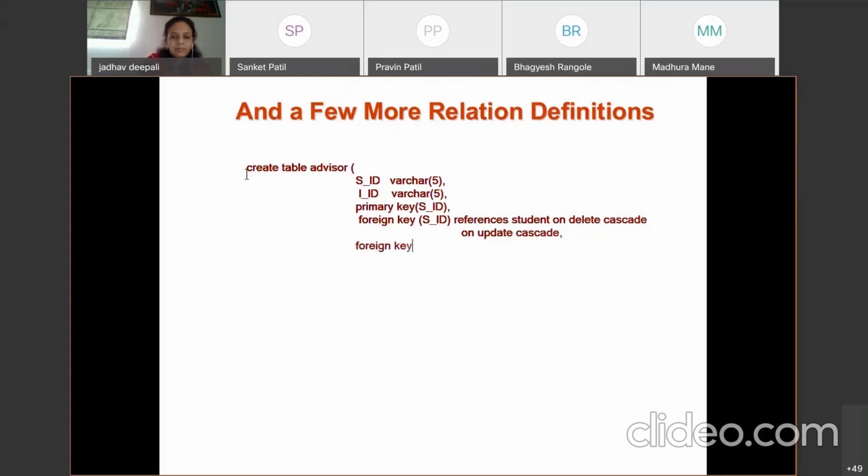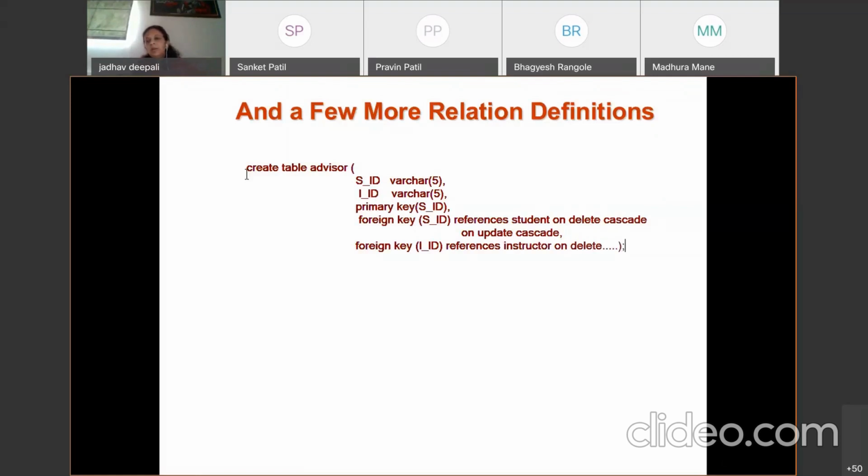Foreign key, IID. If it refers to the same table, you can use it with a comma. But as these two foreign keys refer to two different relations, we use different foreign keys. Instructor, on delete cascade, on update cascade. Okay.